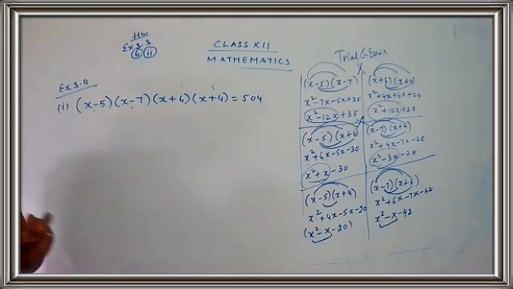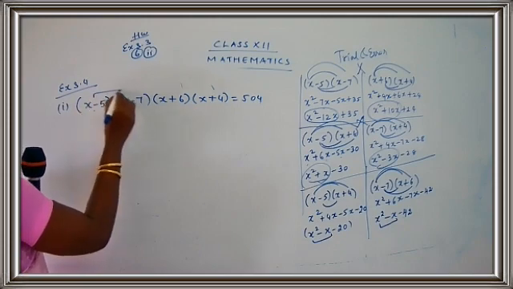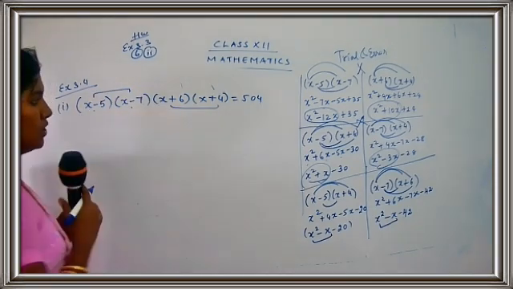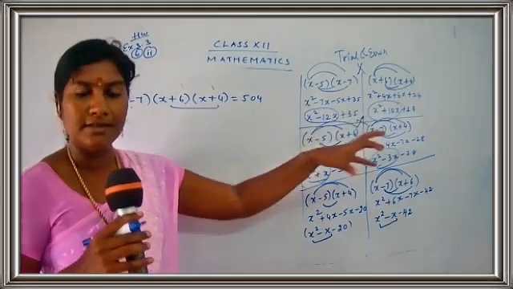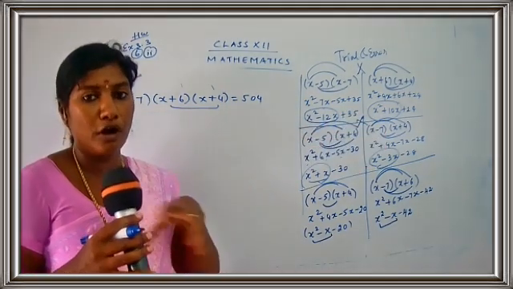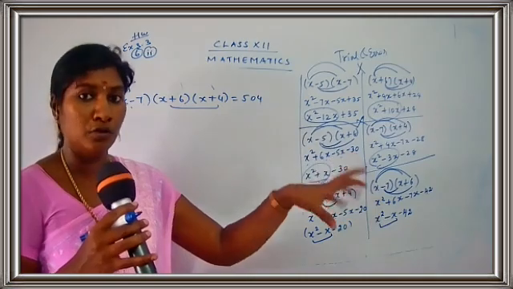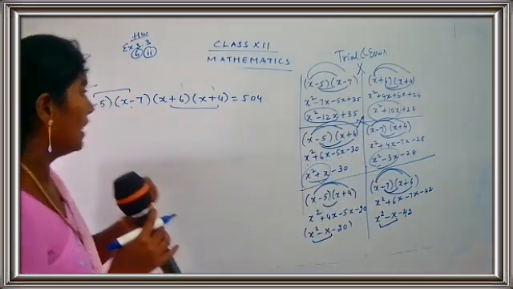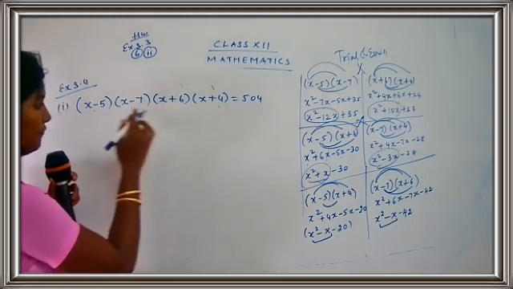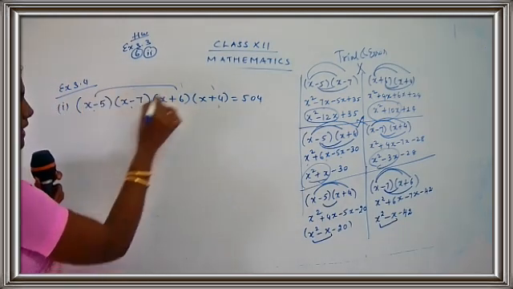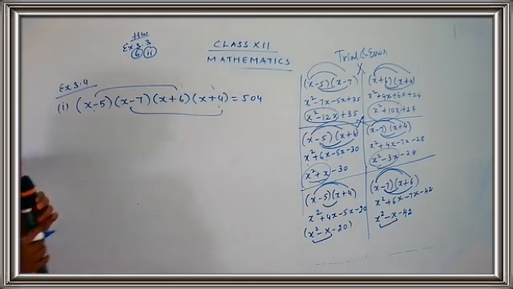We have to go on trying with some of the combinations. The first thing is I tried the first two and the last two. When I tried the first two and the last two, I got a different answer. That means I cannot take any terms to be common over there. I did not get a common term in both the answers. Then I took the first and the third and second and the fourth as a combination.